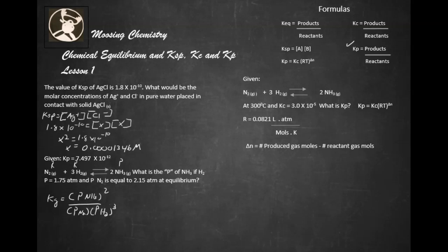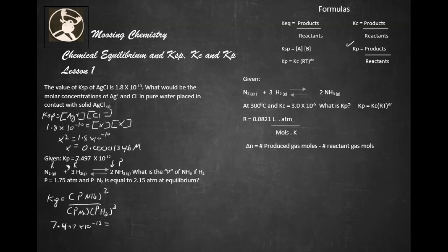Now, where did the cube come from? From this 3 here. And where did the square come from? From this 2 right there. Just to give you an idea. So we know the Kp, so let's make sure we do this right. Let's go ahead and write this. So the Kp is equal to, of course, 7.497 times 10 to the negative 12 equals